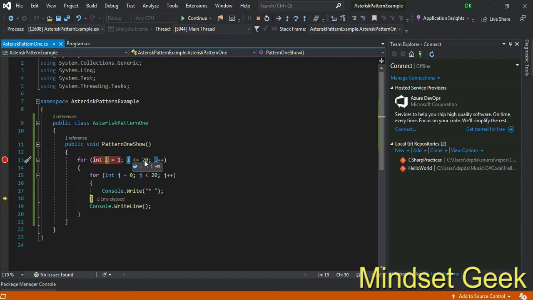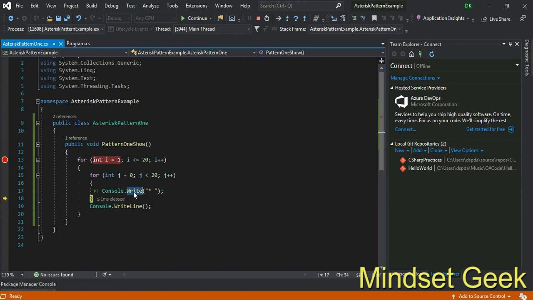Yes, that is true. Only these two execute, then run whatever content is inside your for loop, top to bottom, right? Then again it comes to the inner for loop and completes executing it 20 times, right?